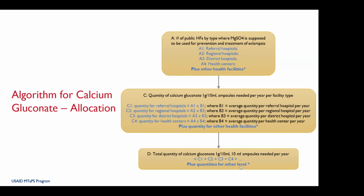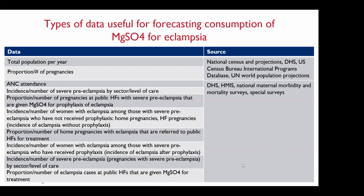When we quantify, we need to be sure that what we get... can you go back please to the,